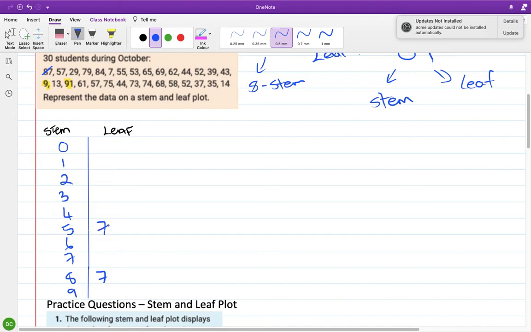57, 29, 79. Oh, I just put that in as 99, sorry. So 79, 84, 7. Oh, that was actually the smallest number. Anyway, it worked out fine. 55, 53, 65, 69, 62,